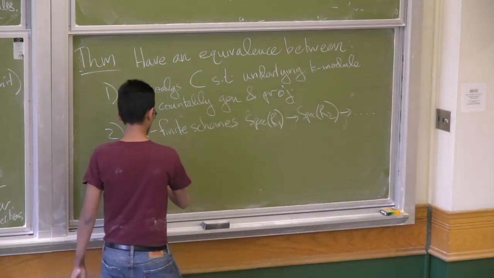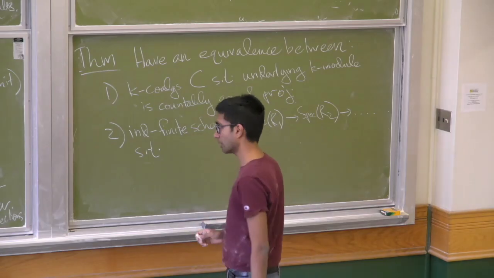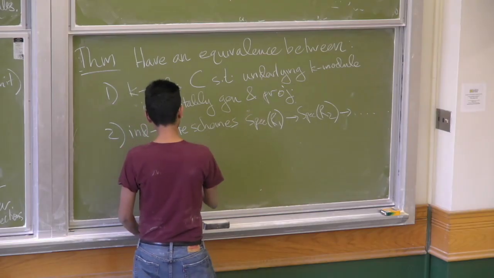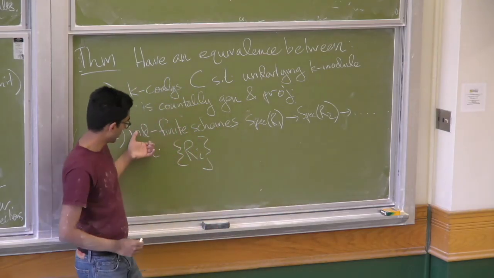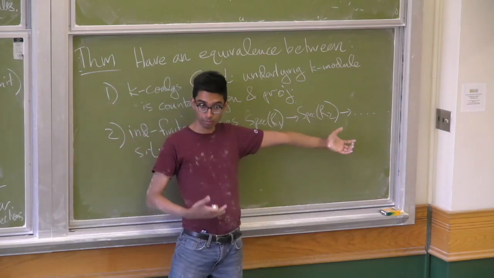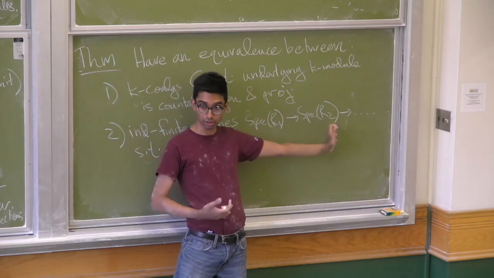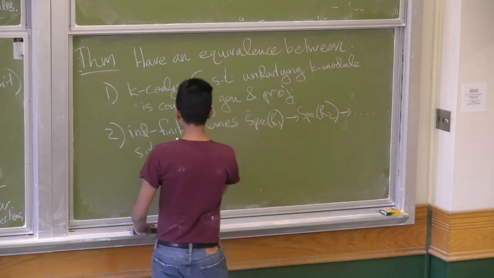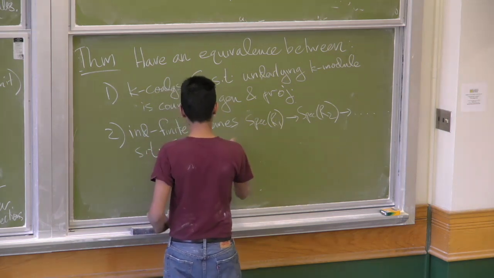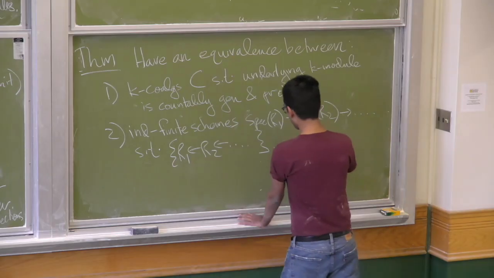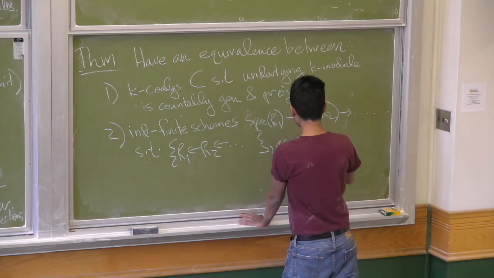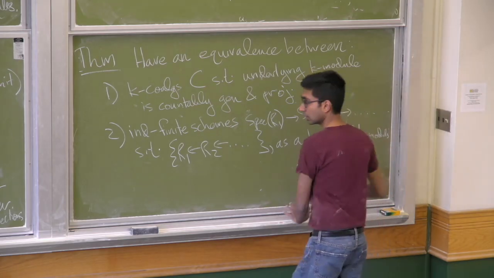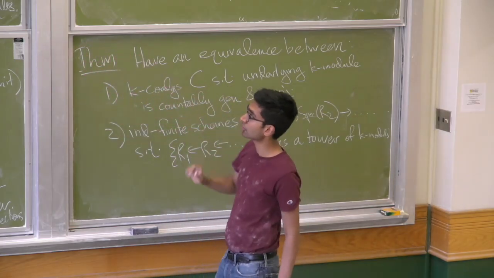And the condition is that the tower, so if you have a sequential ind-scheme, that's a sequential colimit of affine schemes, so it's a sequential limit of finite algebras, which we can think of as a tower of K-algebras, such that this tower, as a tower of K-modules, well, it's equivalent to